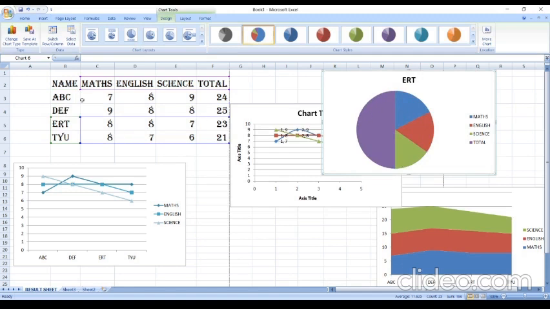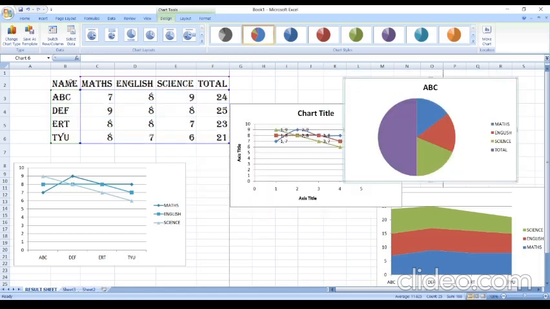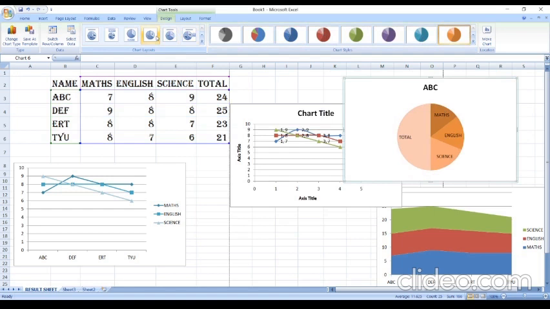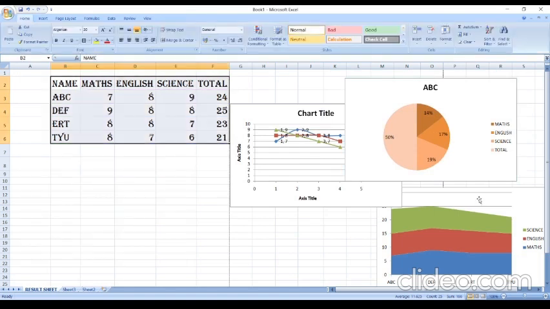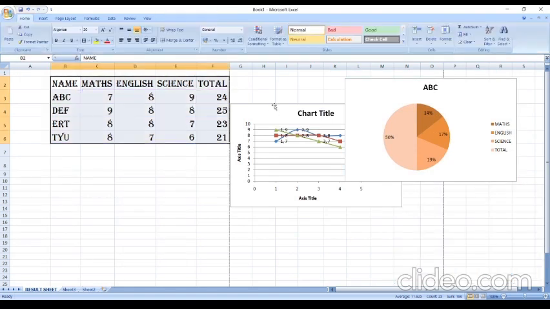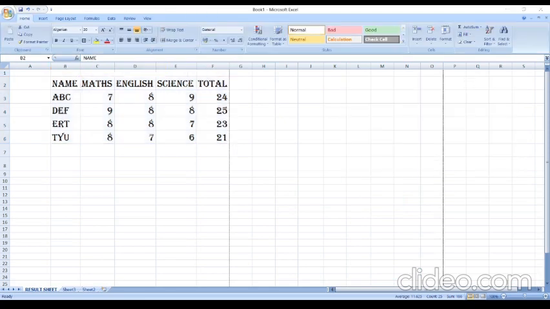Part of that. Actually from here, clear? This way you can show the data. This is a chart of ABC. Clear? Same, you can change the color combination whichever you want, to show how much percentage is there. You can also show it in this way. I am deleting it so that I can show you other types of charts also. Clear? It is your pie chart.